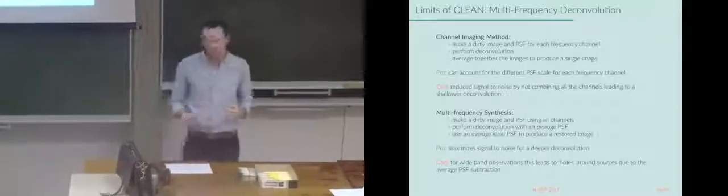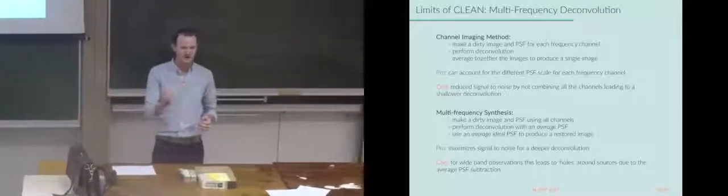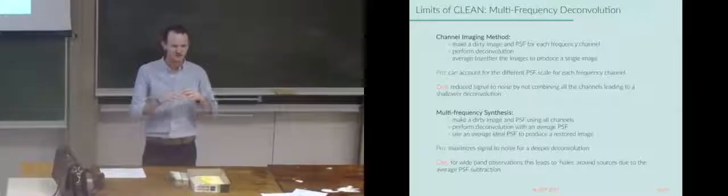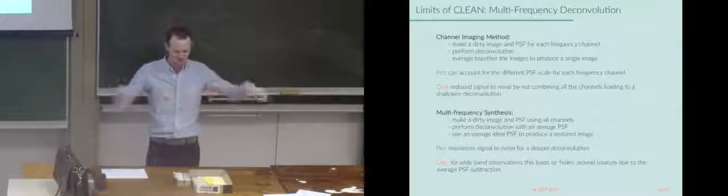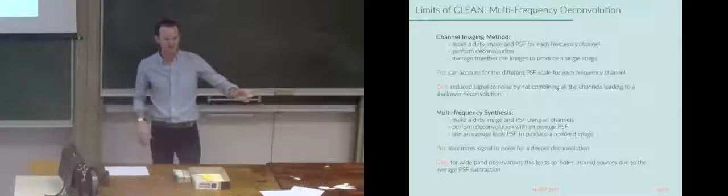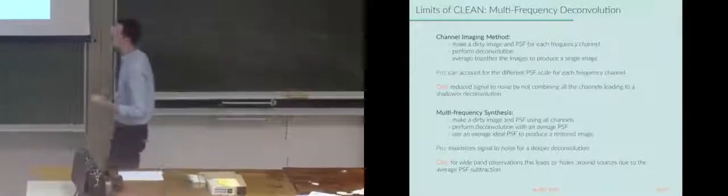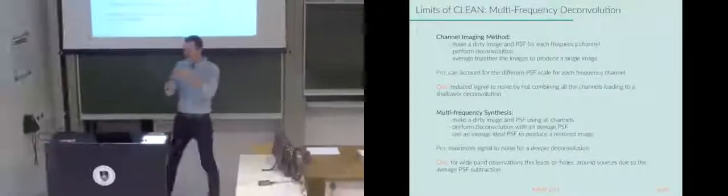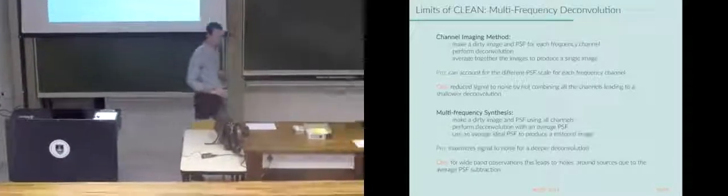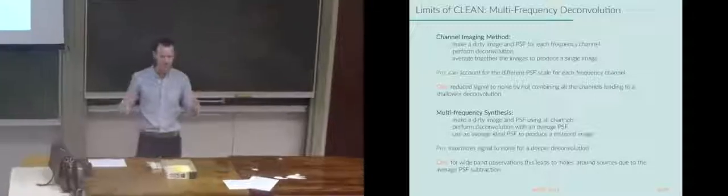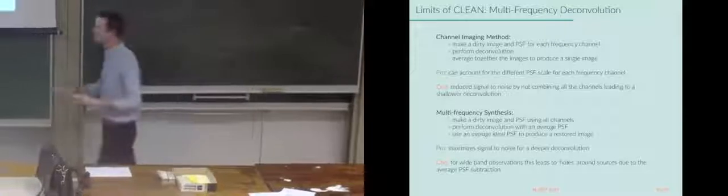So if you use the high frequency PSF and subtract it during deconvolution, you'll have these wavy structures that show up. And if you use the low frequency one, you'll get these negative bowls. This is quite typical: after deconvolution you get these negative ringing effects if you're trying to deconvolve too broad a band. So usually you have to chunk it up into small bits, somewhere in between basically.